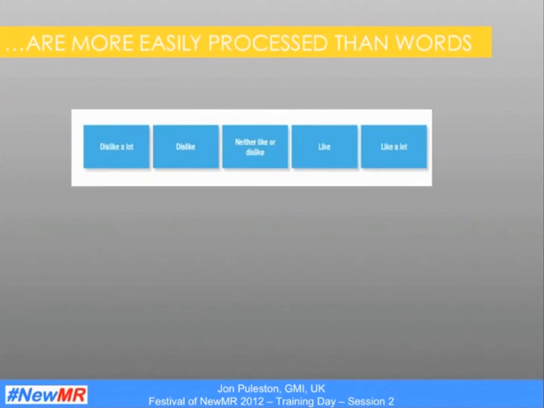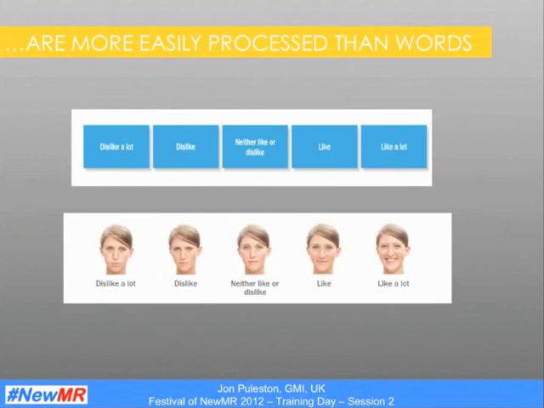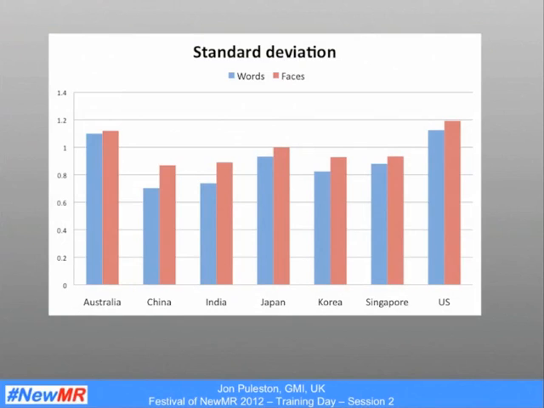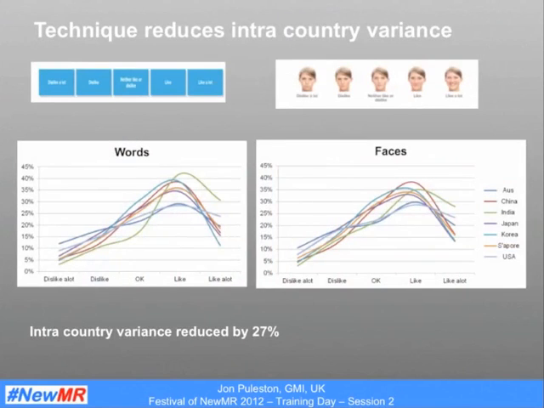We also find that images are a lot more easily processed by respondents than words. Take, for example, asking people to answer a range question in these two different formats. We find that people are able to emotionally process the pictures a lot more efficiently. It's more enjoyable, more fun, and they actually concentrate and give you better data. Here are some results from an experiment where we tested that in different countries, and we found consistently that we're getting better data from using images of faces rather than words, and it was giving us more cross-consistent data. We were able to reduce the variance of answers from one country to another, which is obviously a big problem in itself, by employing a more visual approach.